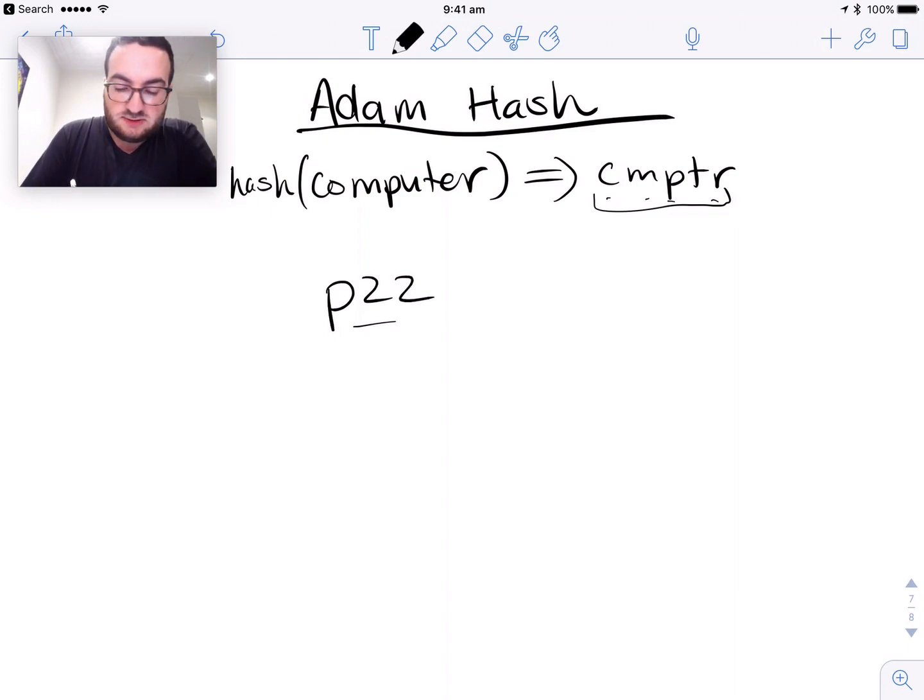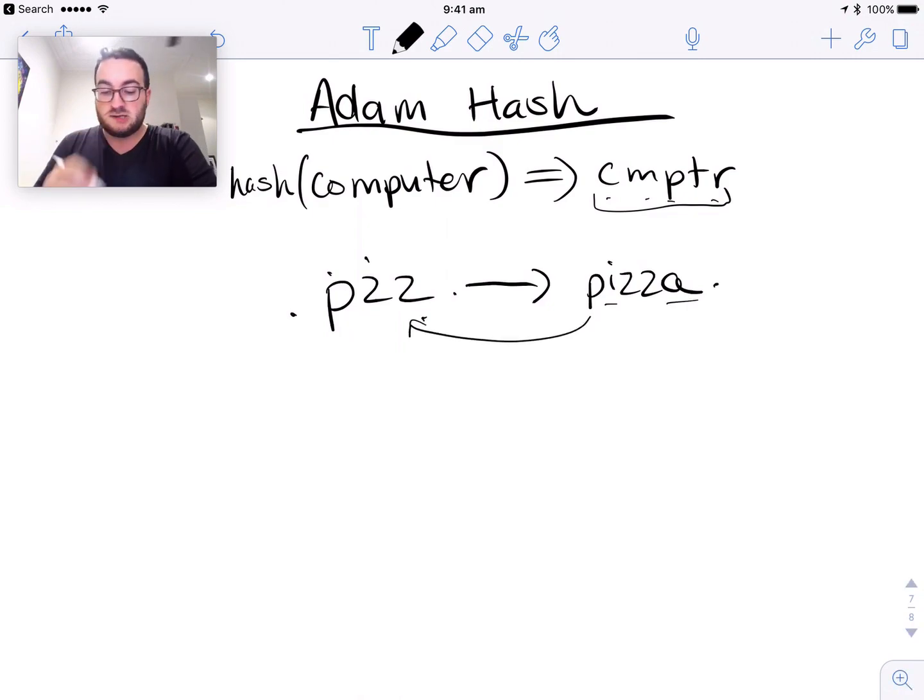And I'll let you into a little secret. This is quite a tricky one to reverse, right? Can you think of a word where if you put vowels in here somewhere, it'll return an English word? Well, I know this word because I made it up. The word is pizza, right? Can you see that? So if you remove the vowels from pizza, it becomes PZZ. So right there, what we did was a first preimage